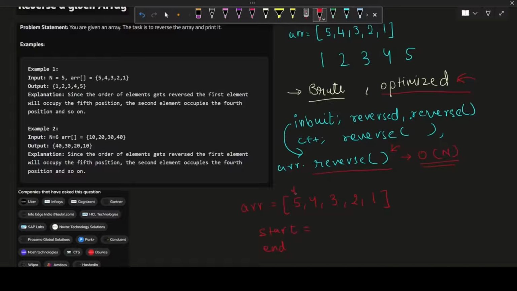Start will point to the very first index of the array and end will point to the very last index of the array. So the last index is 4 and the first index is 0. So what I will do is swap both the index values. How the swap will look, I will write the first iteration,